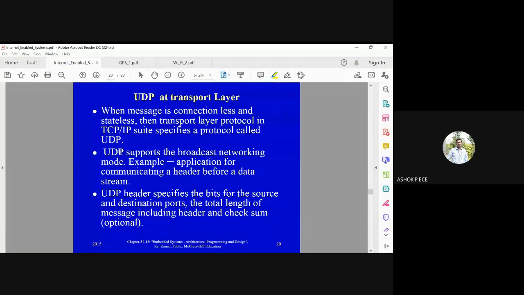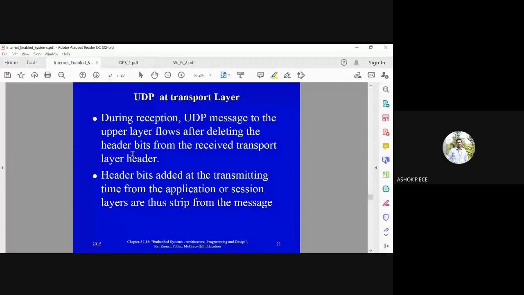I'm just sending information from my side. Whereas TCP will wait for acknowledgement and ensure that the people have received whatever is being sent. So reliability is very high in TCP and it is almost zero in UDP. So during reception, UDP will do that. UDP is broadcasting, so no reliability aspect is there. You will add and delete the headers as and when required.